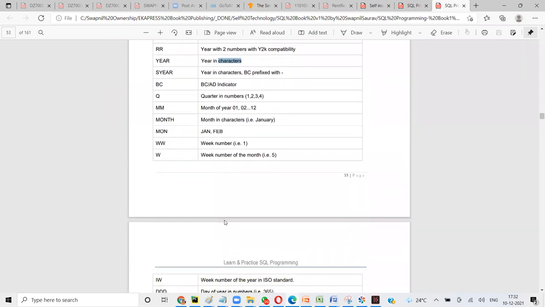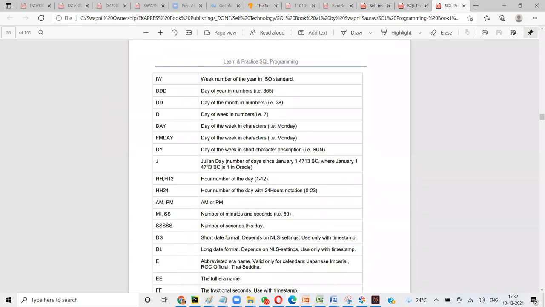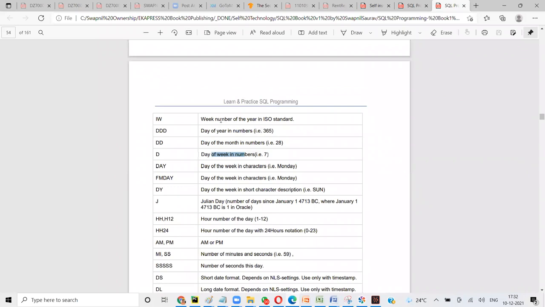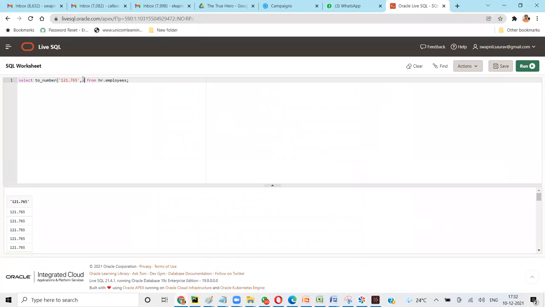And let's say I will do D. What is D? Day of the week in numbers, right? But all these are used when you have a date and you're trying to convert the date into numbers. So what I'm going to do is format it simple. We don't have a date here, we'll do a date later. Let's do a simple formatting. I want it to be done like 99999.9. Okay, and when you run it,